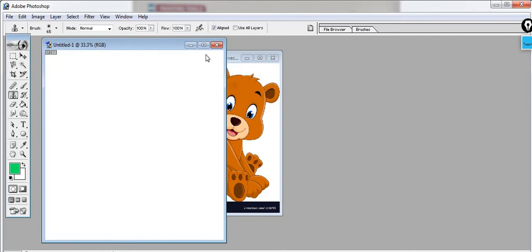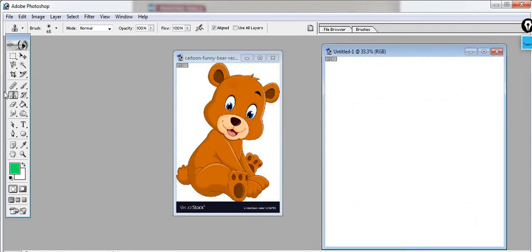Now again let me select this clone stamp tool, and pressing the alt key from my keyboard I will click here in the eyes of this teddy bear. Right, now here I'll click, and like a brush as we paint, I am painting here, right, brushing here, and see.